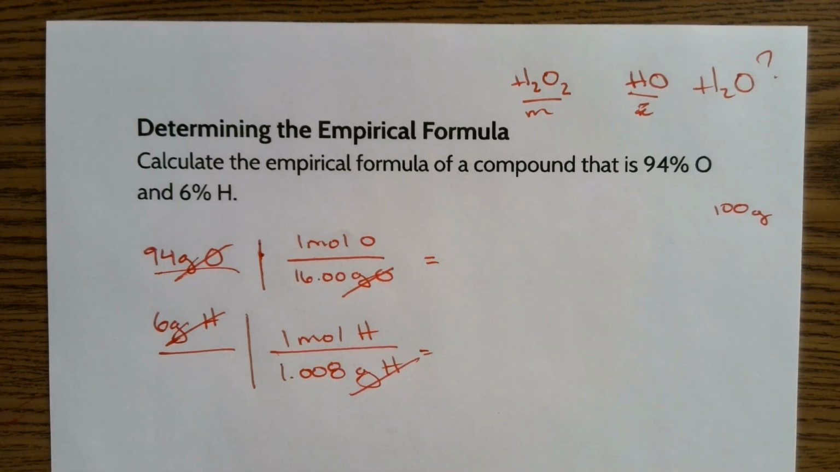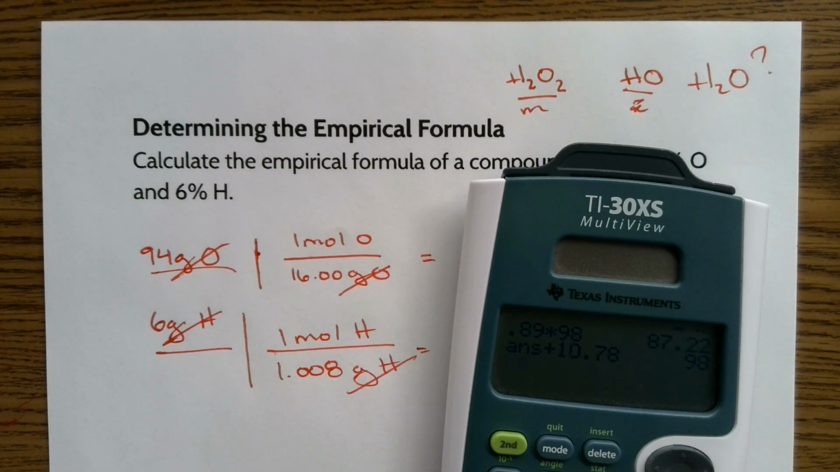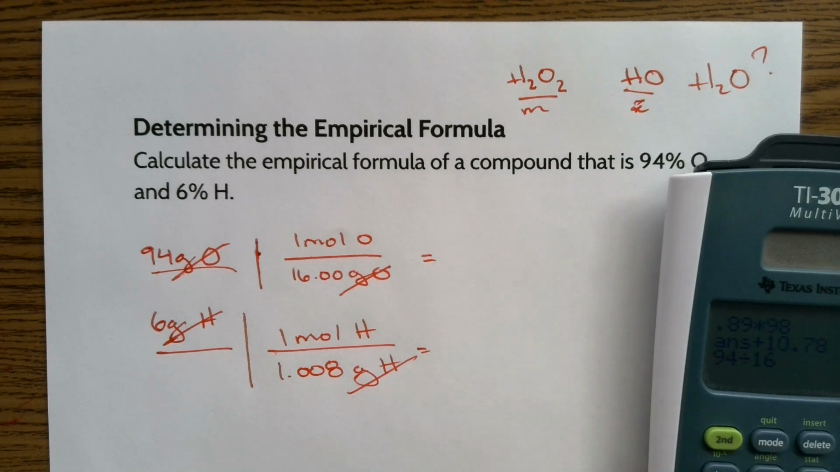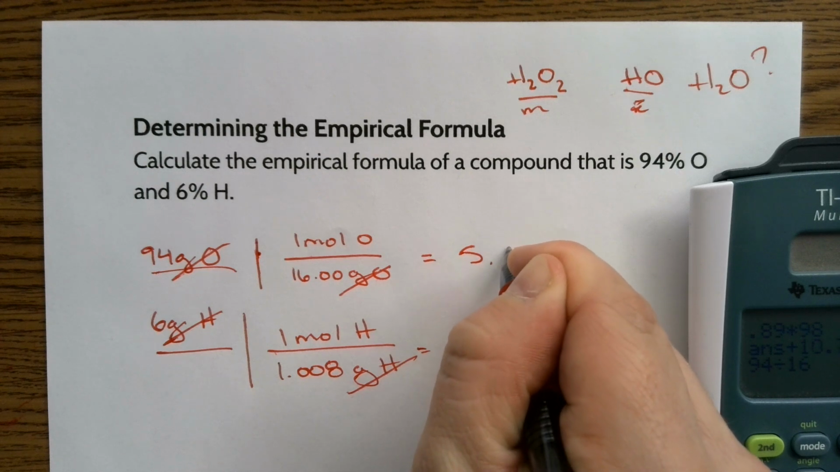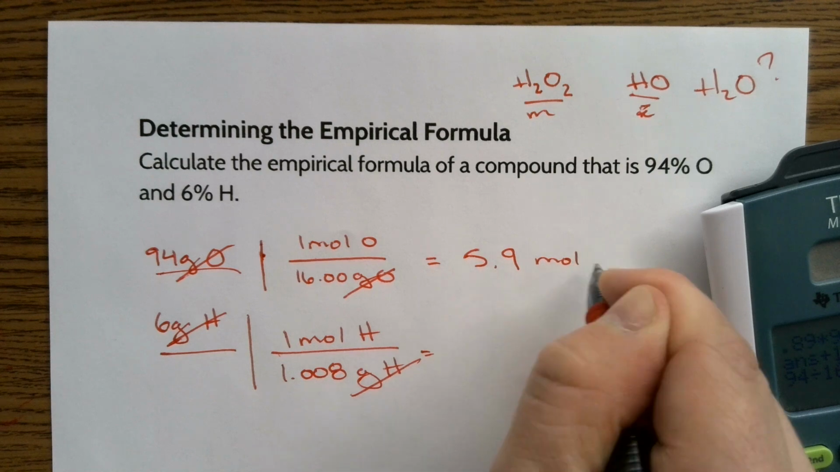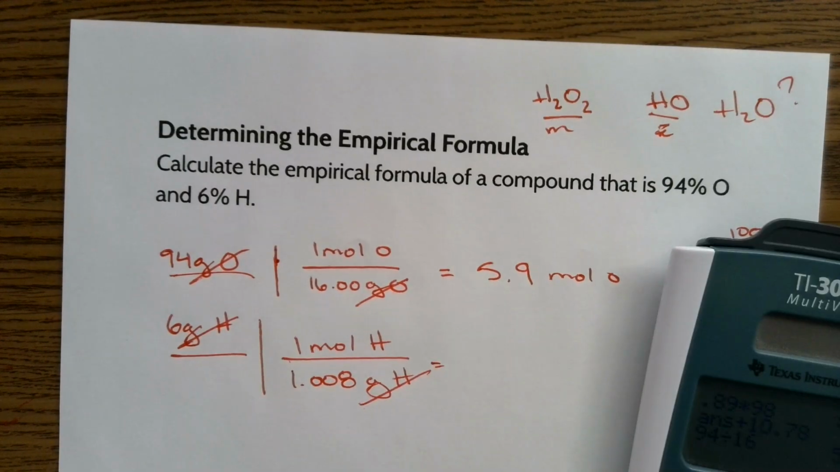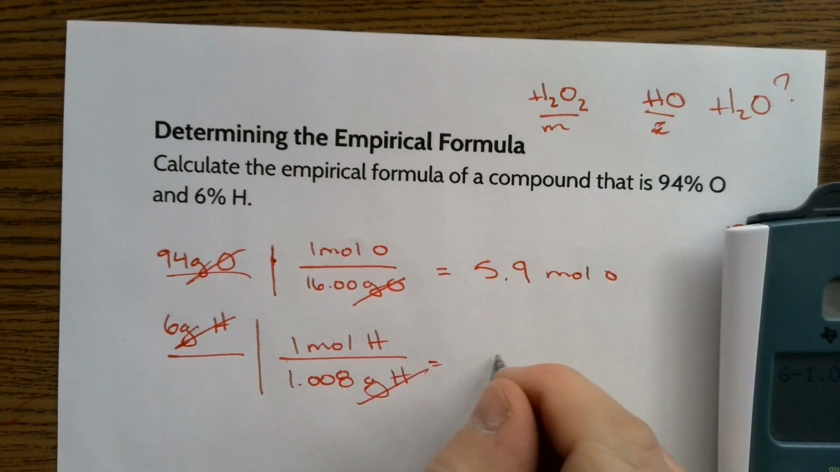So now we're going to have something called a mole ratio. Let me just punch this in my calculator. So we have 94 divided by 16, and that gives me 5.9 moles of oxygen. And then down below, I'm going to do 6 divided by 1.008, and that gives me, rounding up, 5.95, so basically 6.0